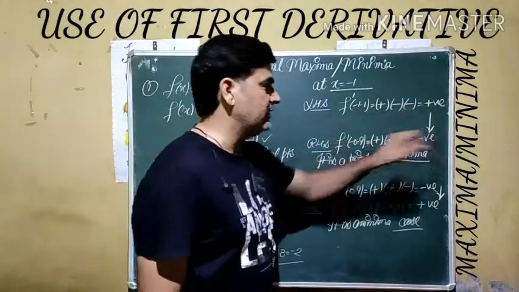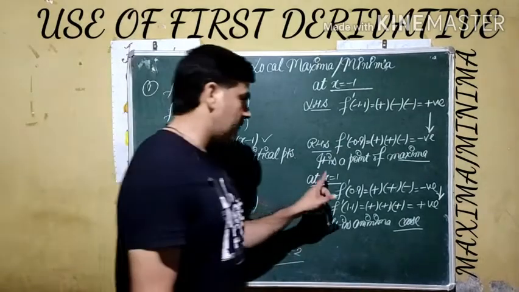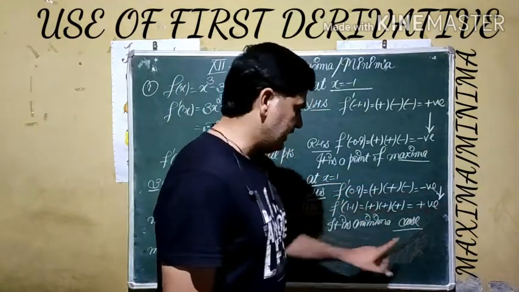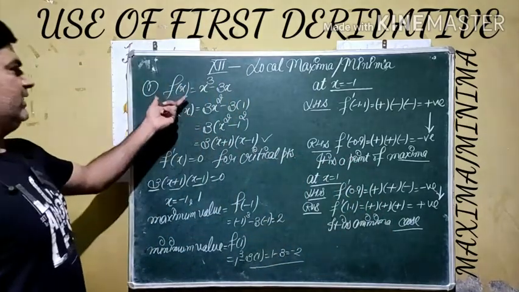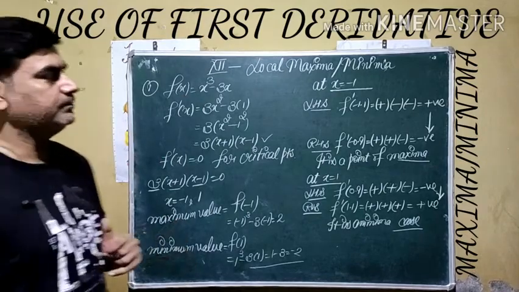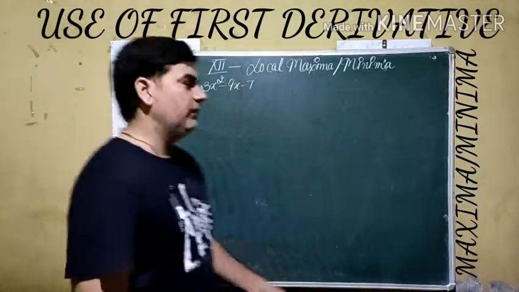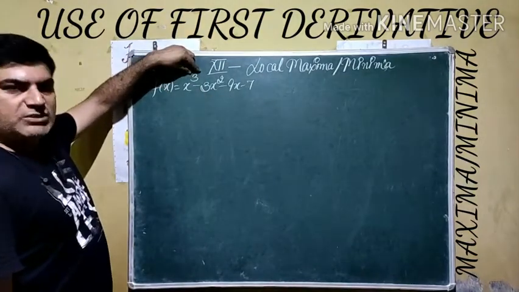If we are getting change of sign from positive to negative, it is a case of maxima. If there is change of sign from negative to positive, it is a case of minima. Maximum value and minimum value can be calculated by putting the indicated point in the given function like this. Now we are going to continue with another example, again a polynomial with degree 3, meaning a cubic polynomial we are